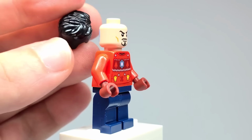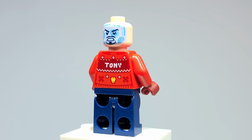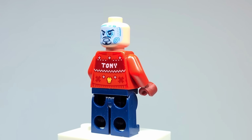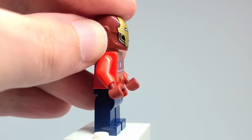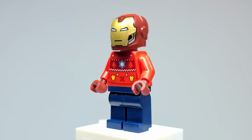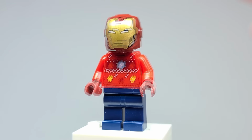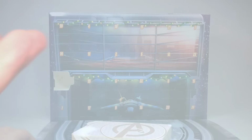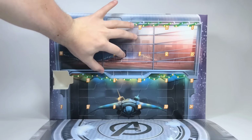Like many of the other sets, the hairpiece is included so that you can remove it, and you can see here on the back he has the heads up display, and of course he does come with the helmet that we got about 20 times over the last 2 years. So yeah, it's cute. But of course with this figure come all these little parts that tie into the next day. Moving on to day number 2 here,